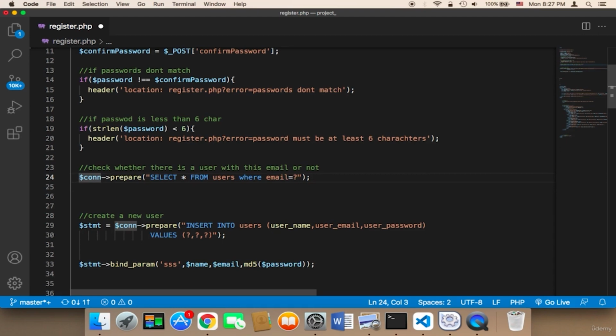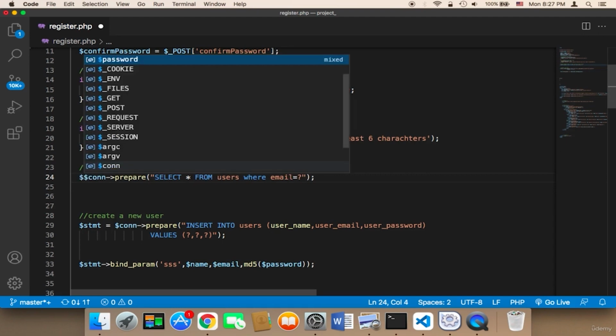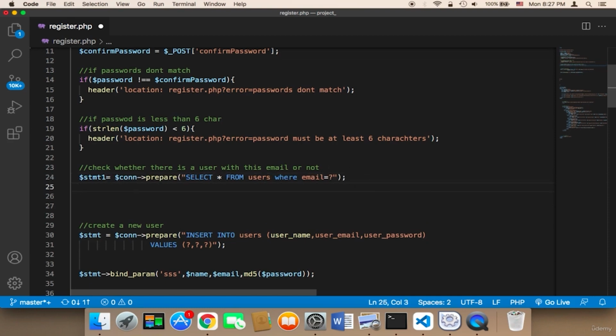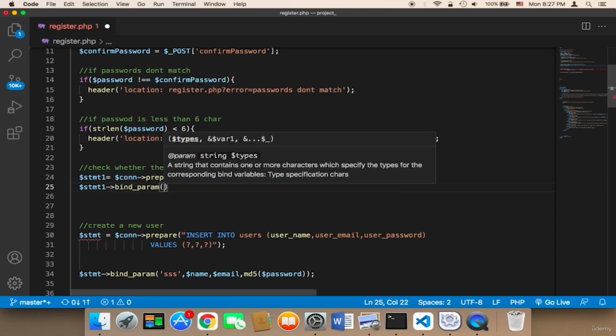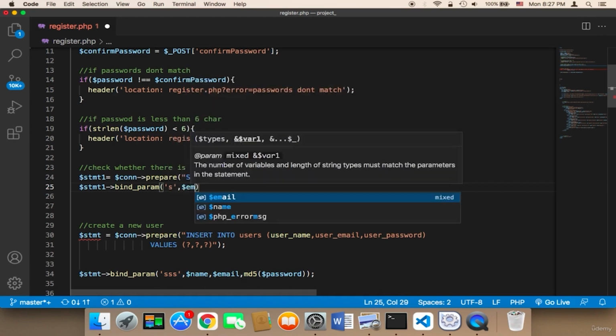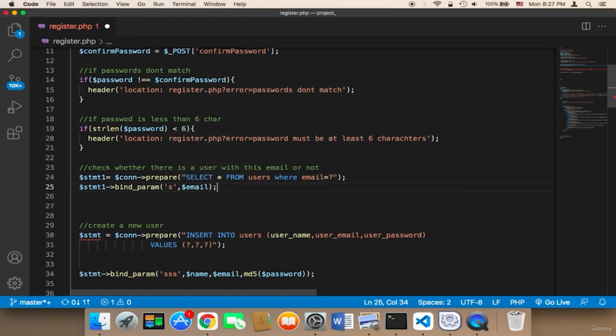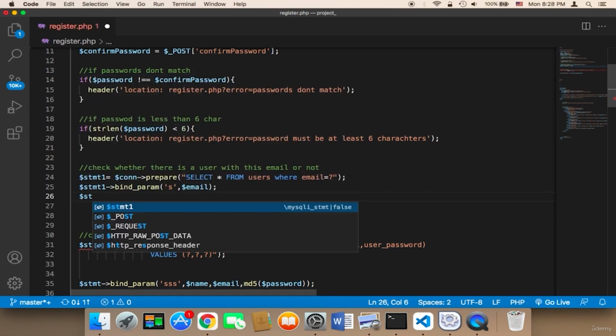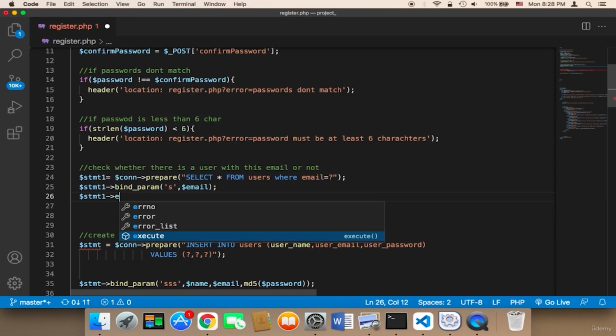I'm gonna say stmt1 is equal to this, and then I'm gonna say stmt1 bind param, and then s, comma, email, and then stmt, and then execute,